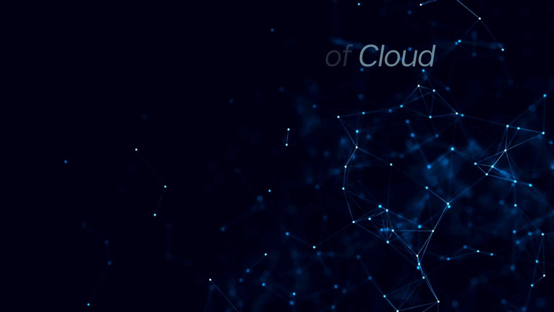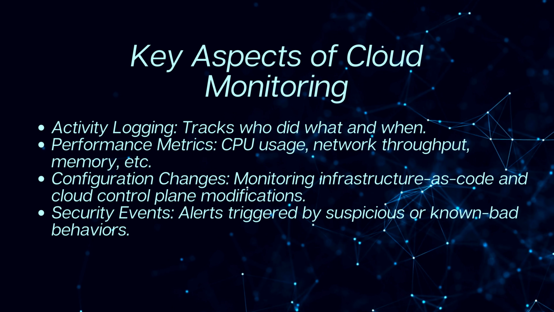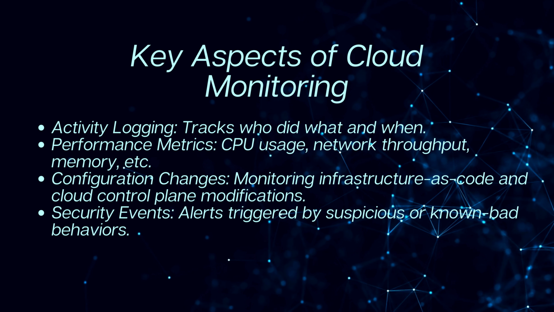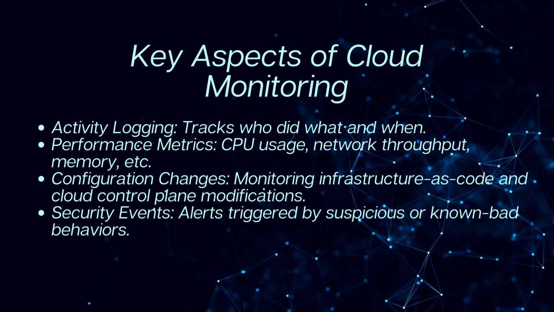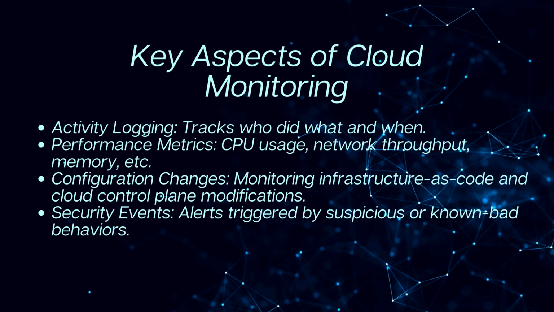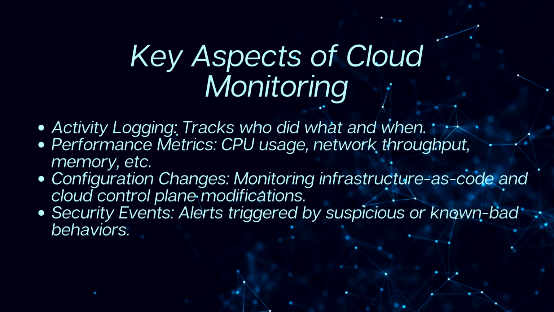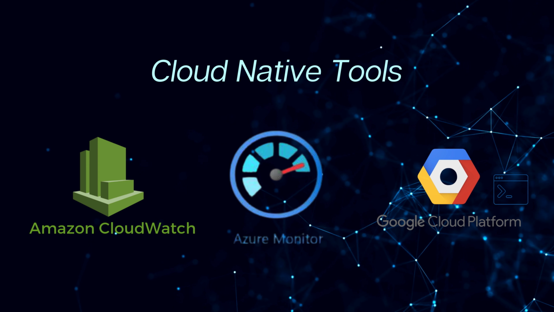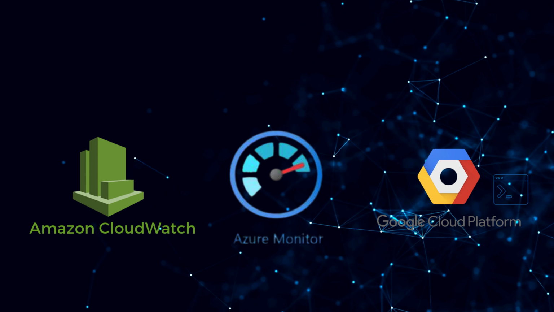Key aspects of cloud monitoring include activity logging that tracks who did what and when, performance metrics like CPU usage, network throughput, memory, etc., configuration changes, monitoring infrastructure as code and cloud control plane modification, and security events, alerts triggered by suspicious or known bad behaviors. Cloud native tools like AWS CloudWatch, Azure Monitor and Google Cloud Operations Suite provide integrated monitoring capabilities. Next, jump into the section